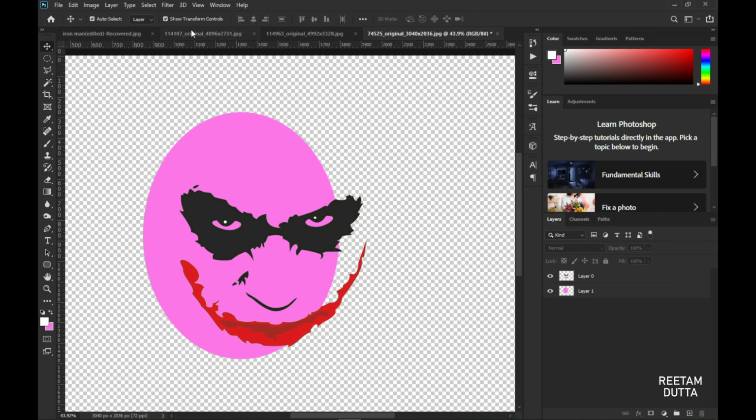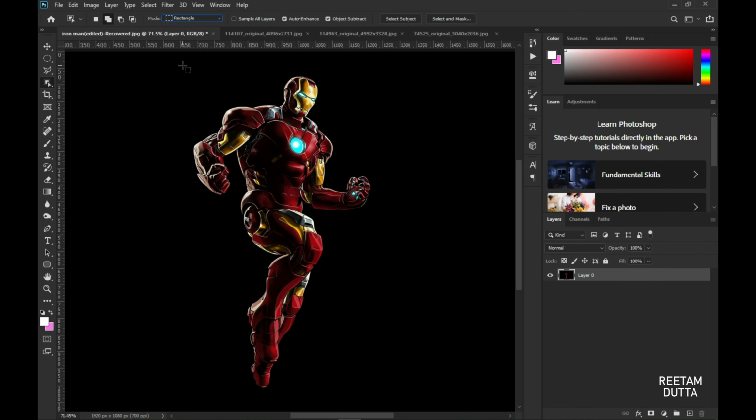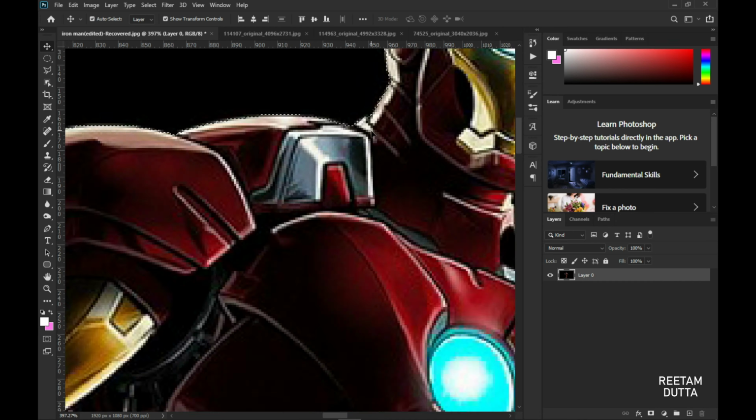So with all these tools, you can make desired selections out of any image and work with those areas only.